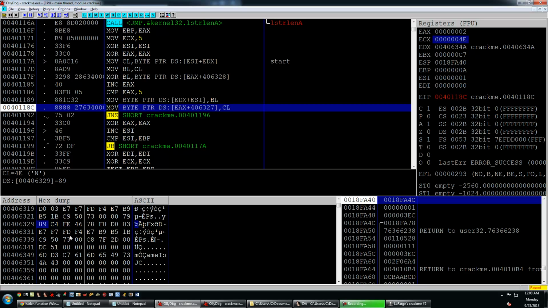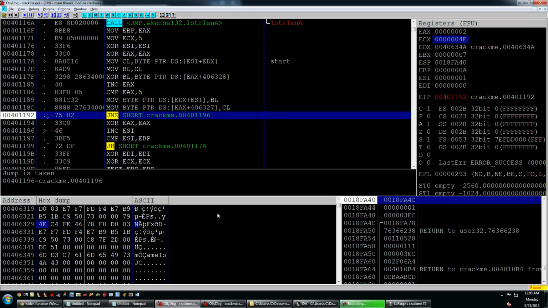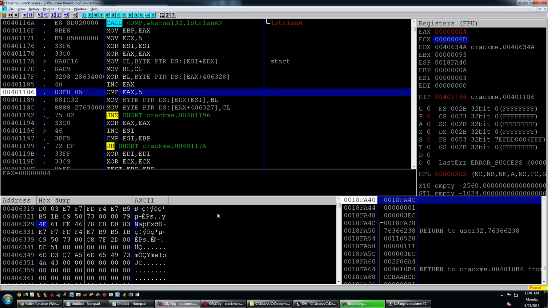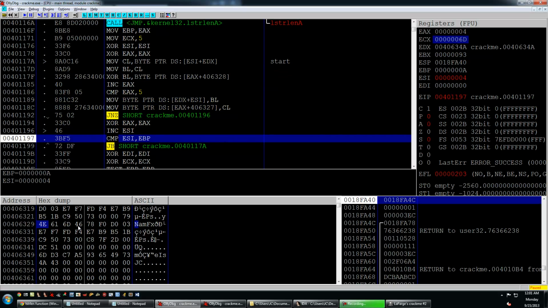Yes, it's right here. So we'll see that modify. So now it's 4E, which was that N. So if we do this, we're going to see that. So I'll just kind of go through it a couple times. Remember the last